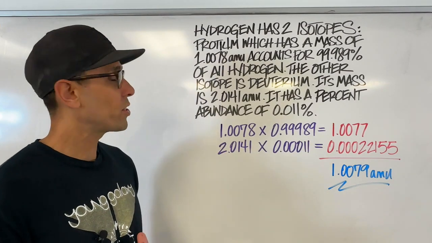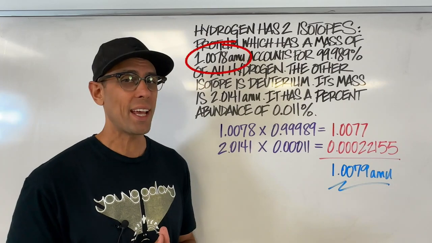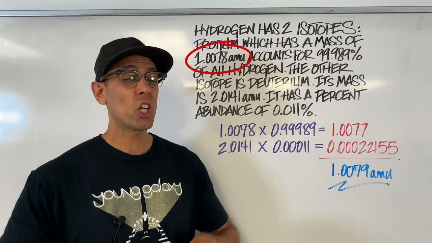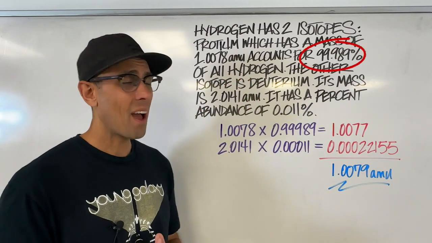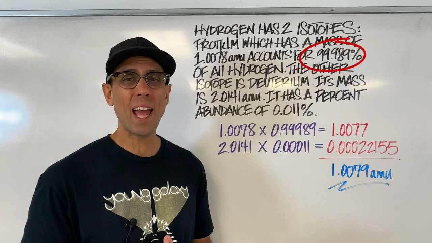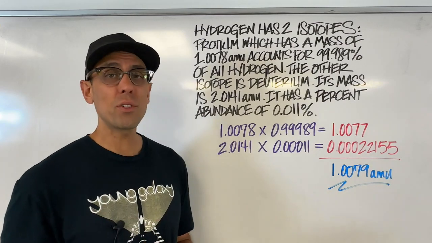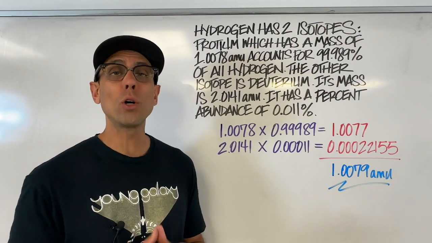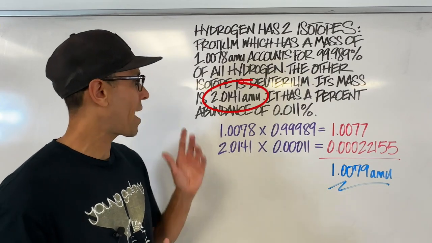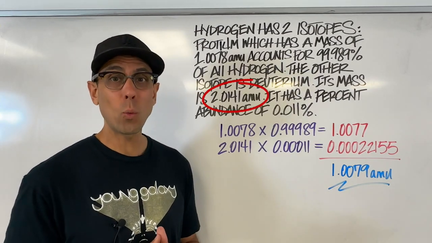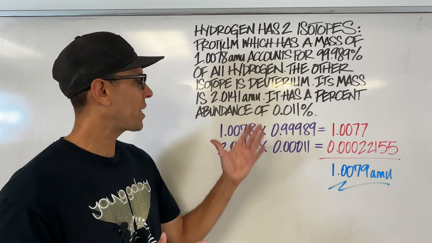Now, the first variety is known as protium. It has a mass of about 1.0078 AMUs, and it is occurring almost all the time when we look at hydrogen atoms. 99.989% of the hydrogen atoms in the universe are this particular isotope. But there's a second isotope, less common. It's called deuterium. Its mass is a bit more. It has an extra neutron. Its mass is 2.0141 AMUs. But again, it's very rare, and its percent abundance is only